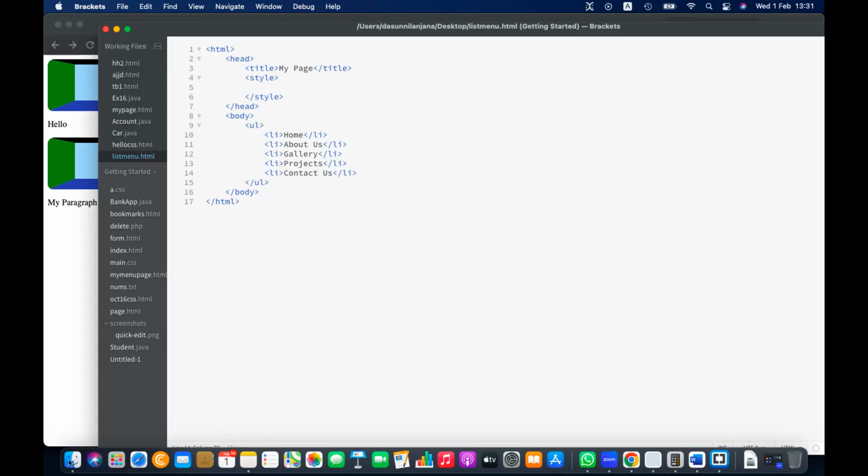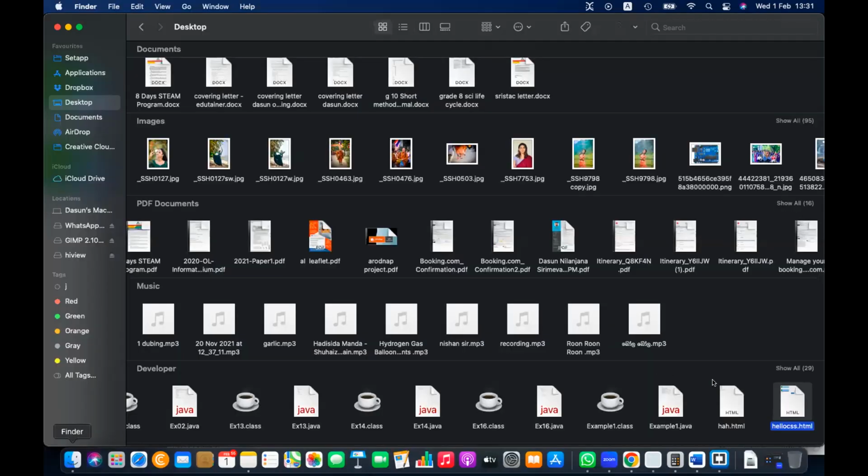Okay, when you save like this and when you're opening this, you can see